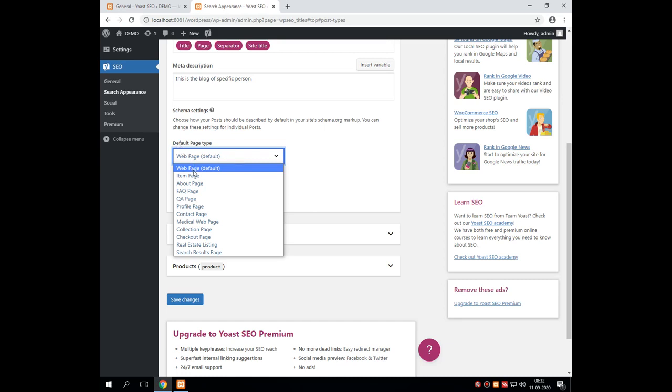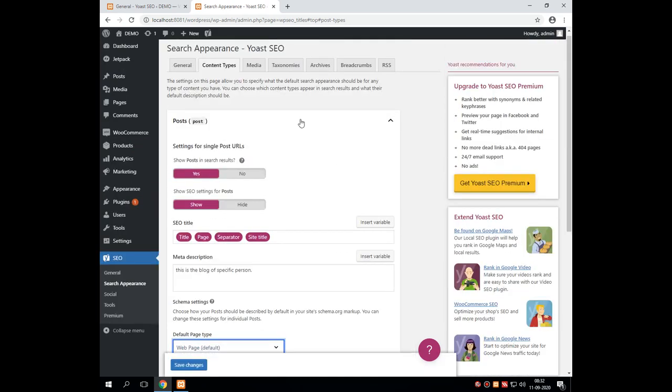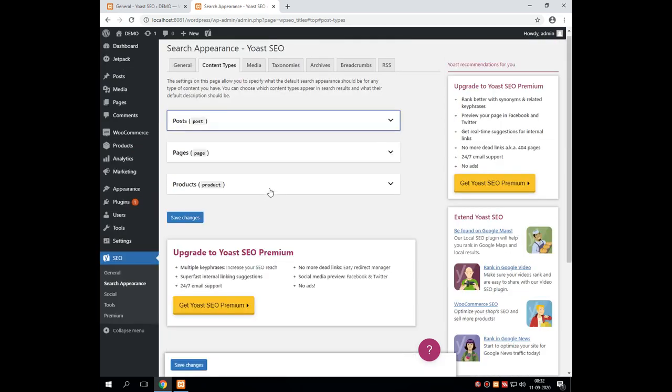Default pages are web pages, item page, about page, frequently asked question page, quality and assurance page, profile page, contact page, medical web page, collection page, checkout page, real estate listing, search engine page. For my website I am taking web page. So these are the settings for post.